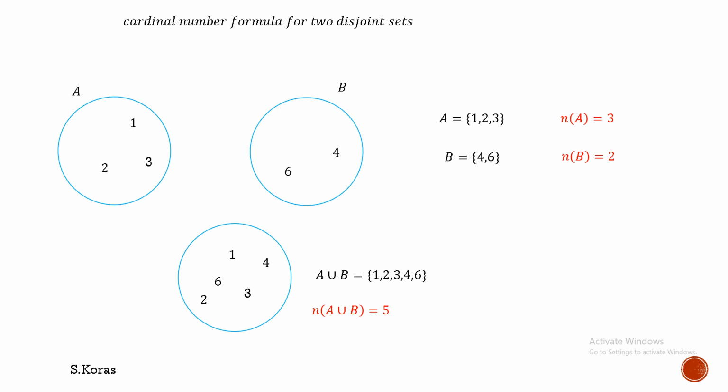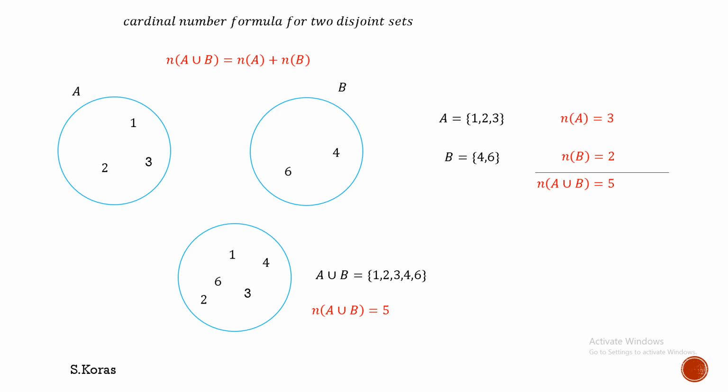Is it possible for us to link n of A and n of B with n of A union B? Yes, it's very simple. Our result for n of A union B is 5. If we count these two together, we'll get the same answer. So we can come to a conclusion, n of A union B is nothing but n of A plus n of B. It works for two disjoint sets. So we have received a formula: n of A union B is equal to n of A plus n of B. Now we have to check,